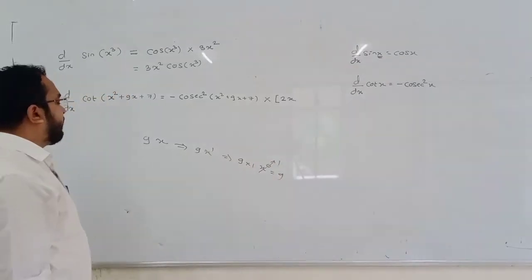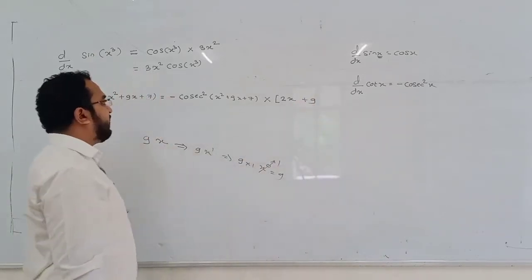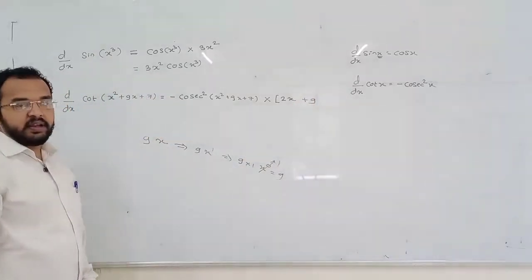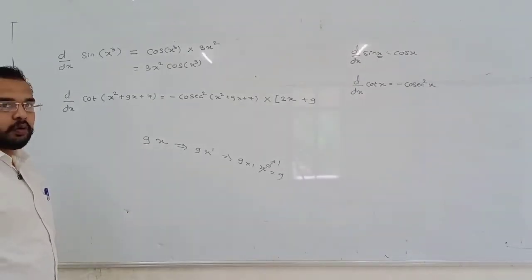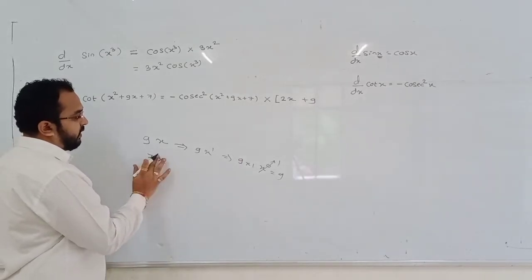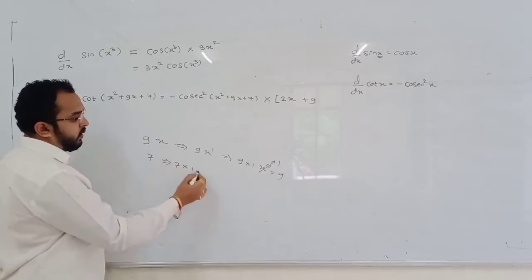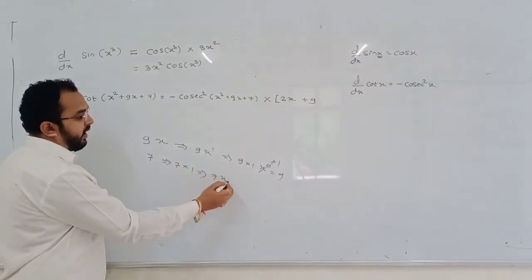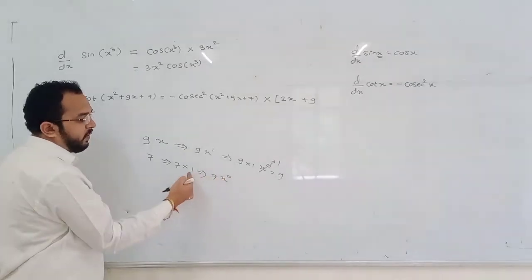Okay. So differentiation of 9x will be 9. What is the differentiation of 7? 7 is a constant number. Differentiation of a constant is 0. We can see that nothing is mentioned with 7, that means 7 into 1. In place of 1 we can write x to the power 0, because anything to the power 0 is 1.